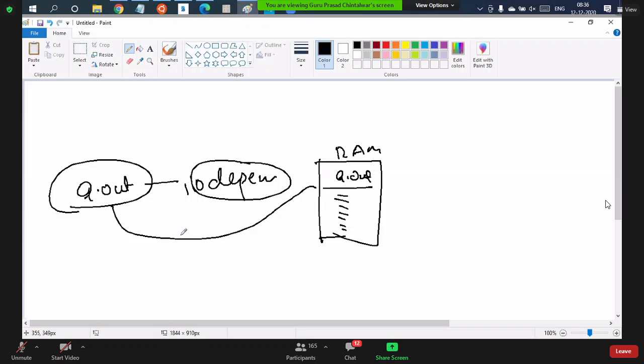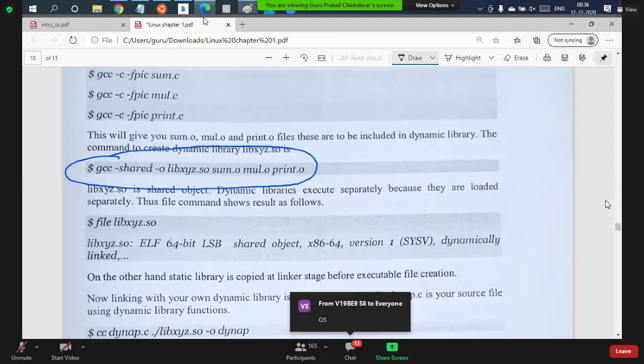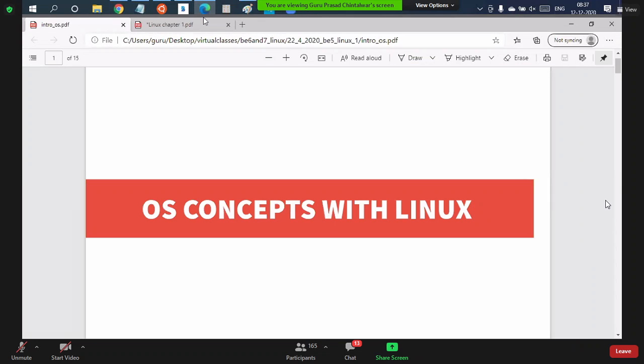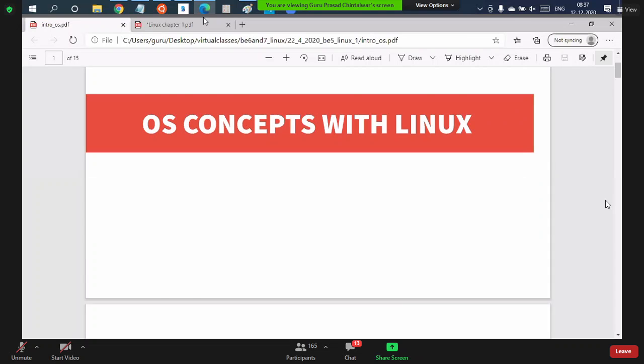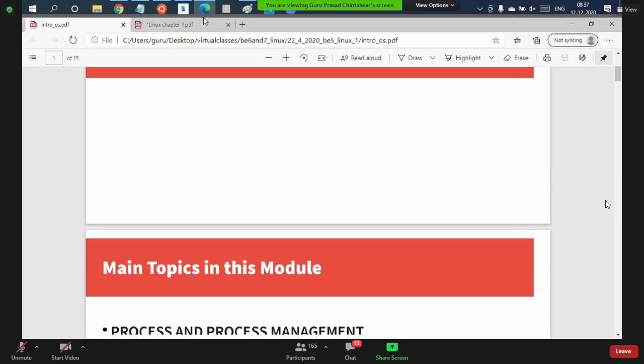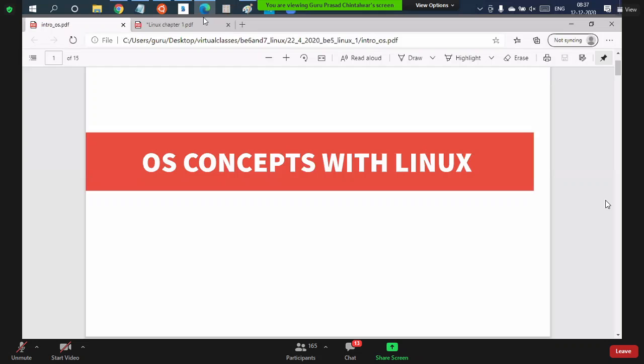Okay, then. So let's start with another concept. What is the concept name? So the concept name I told you, OS concepts with Linux, operating system concepts with Linux environment. This is the main topic, that is the module name. We can call it operating system concepts with Linux environment, or we can call